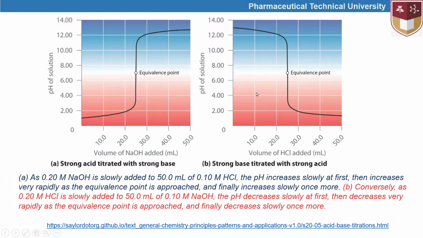And this is an example we just talked about, when we carry out titration of strong acids by using a strong base like sodium hydroxide. So we can observe these kinds of changes. First linear changes, and then a jumping point of pH between, let's say, 3 and 10, and then again linear changes. And like that, when we titrate a strong base by using a strong acid like hydrochloric acid,